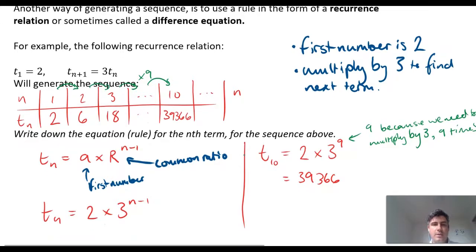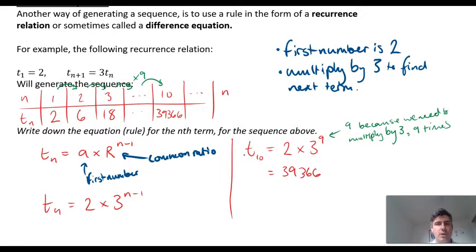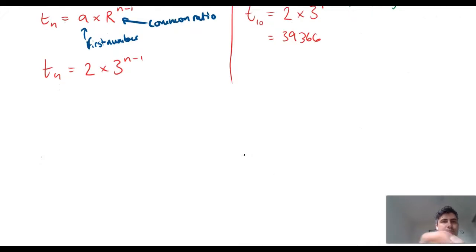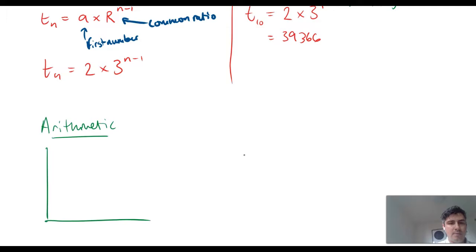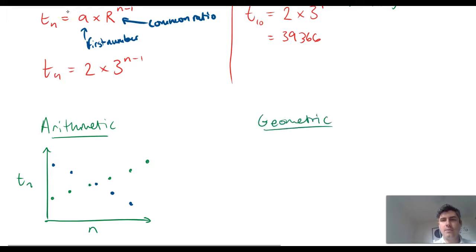Now, that brings me on to the final part of talking about what these sequences look like on a graph. So, a graph of an arithmetic sequence would look linear. Okay, so for every value of n, the value of Tn goes up by a set amount. So they tend to be straight lines, going either up, or they could potentially go down as well. Okay, whereas if we look at geometric, we can get a variety of shapes depending on what the ratio is. So the common ratio being the multiplier every time